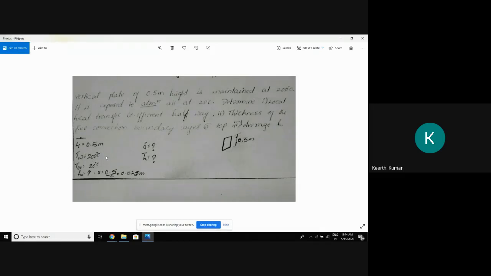Q, how to find out? With the help of Nusselt number, we'll find out h first. Then after that, from h, you will find out the Q. So here what is asking? h at a distance of x. So he has given the value of x. Length of the plate is 0.5. So you are going to find out the value of h at a distance of x, that is x is equal to 0.5 by 2. This is also we are finding.